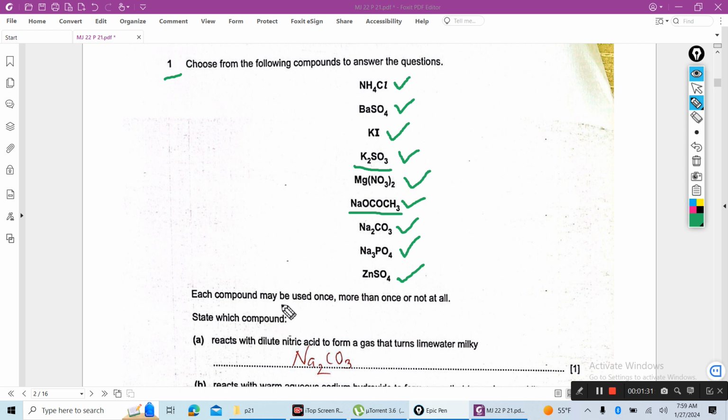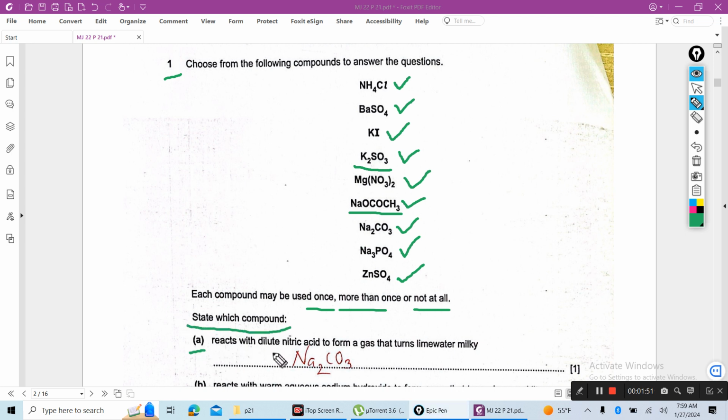Now these compounds may be used once or more than once or not at all. You can use the compound's name or formula. Now state which compound